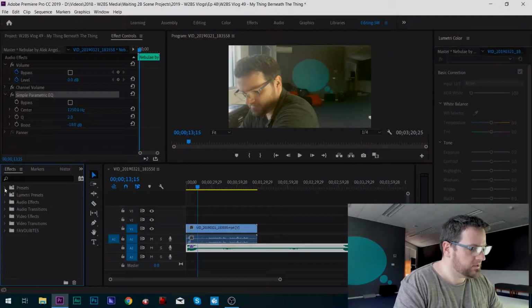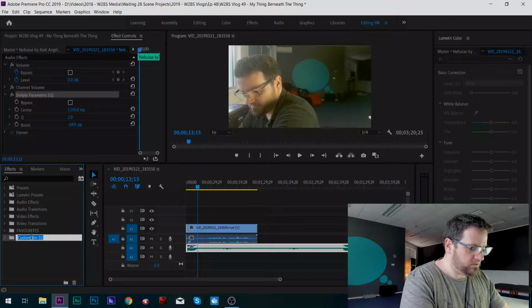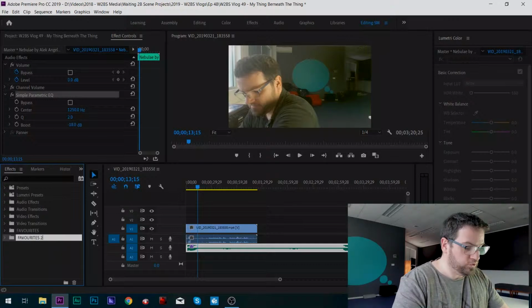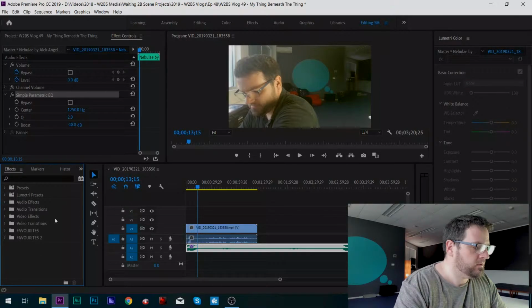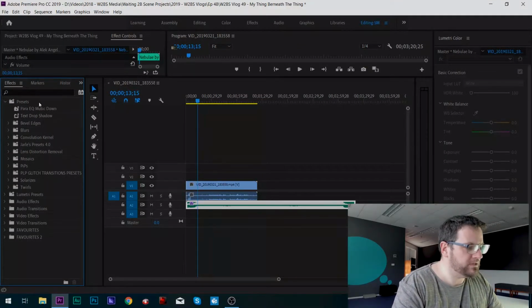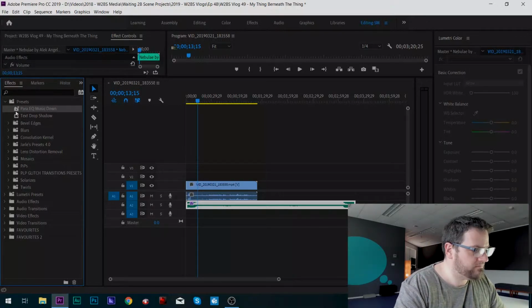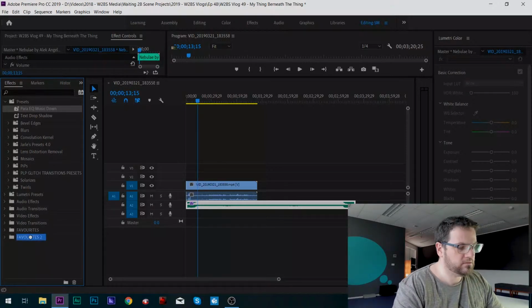If I minimize that presets drop down again, I already have a favorites folder because I've done this for a little while myself, but I'll just show you how easy this is. I just click on the custom bin, double click on that, and let's call it favorites 2, just for the sake of what we're doing today. I'm going to increase the size of that effects panel. If I click on the drop down menu for presets, my preset that I just created, para EQ music down, is there. If I click on that and then click and drag down to favorites 2 and release,